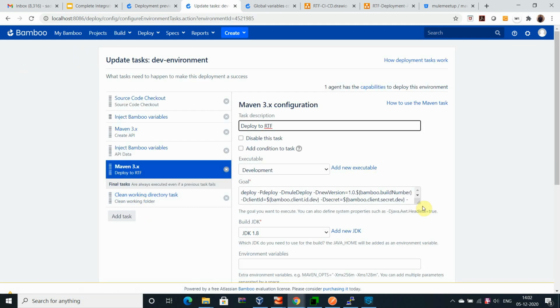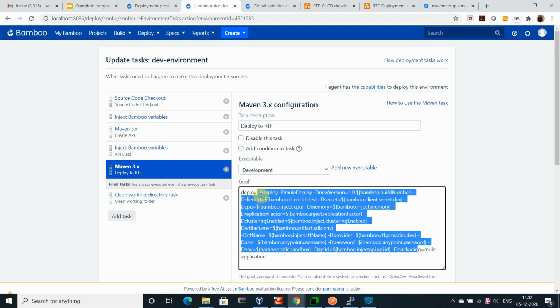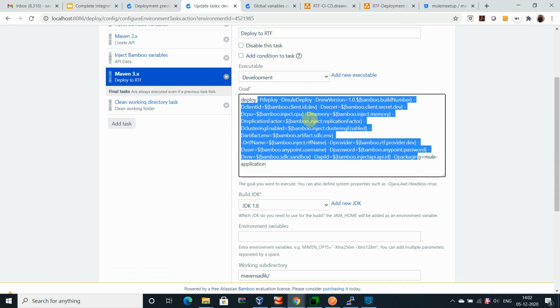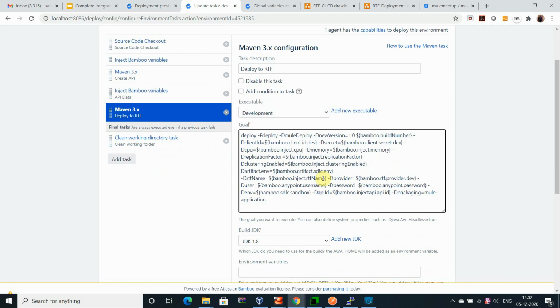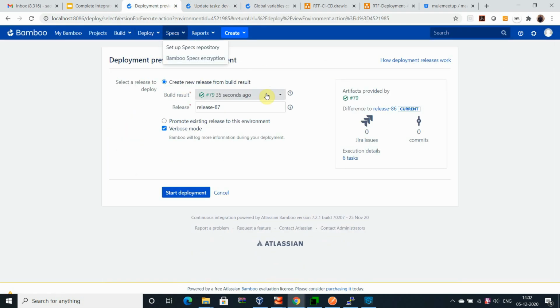You can see that this is the deploy command. All the information which is required for deployment, I have provided as configured variables. So let's start the deployment.